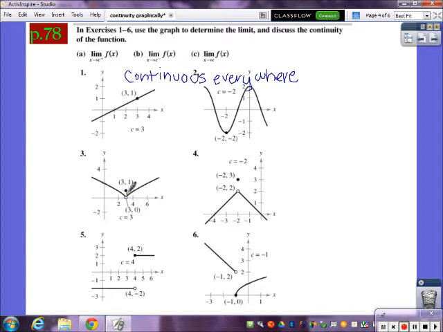3 and 4, they are both discontinuous, and it's a removable discontinuity. We have just that singular point missing or removed, and for both of these it's defined. We have a y value, but it's not a situation in which the limit is equal to the y value. So I would say, for example, number 3, I would say f of x,